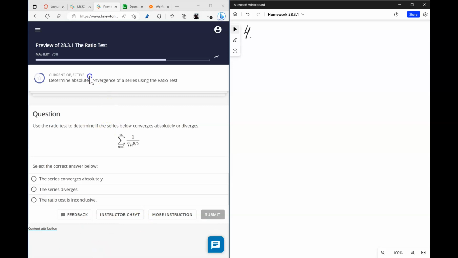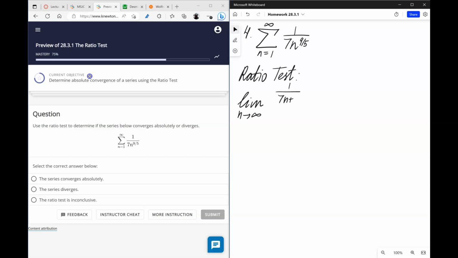We have another series. This is just a p-series, so we know the answer. But the problem is asking us to use the ratio test. And for p-series, ratio test should be the same. It should be conclusive. Let's see. So in the ratio test, we're going to set up the limit as n goes to infinity of the n plus 1th term